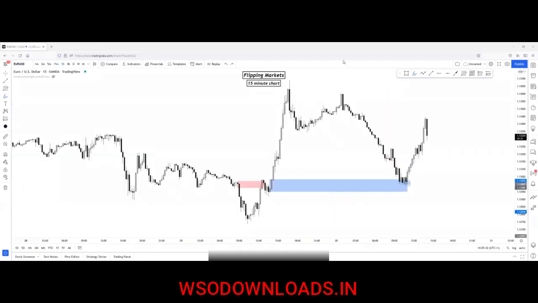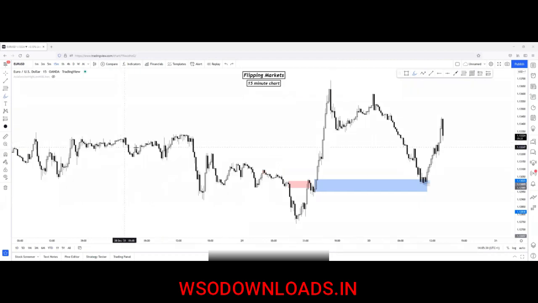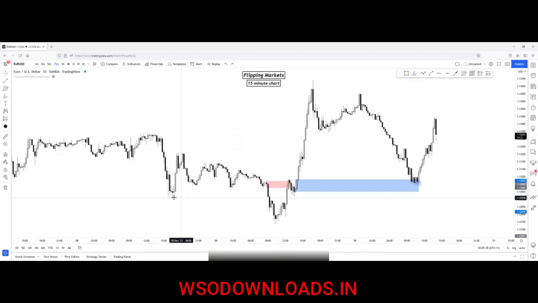Okay, so that's a live example on how to manage the trades. As you can see, price is moving in a downtrend here, creating a series of lower lows and lower highs. Actually, the last break of structure happened here from this supply zone. This supply zone caused an inefficient movement that swept liquidity from this region,